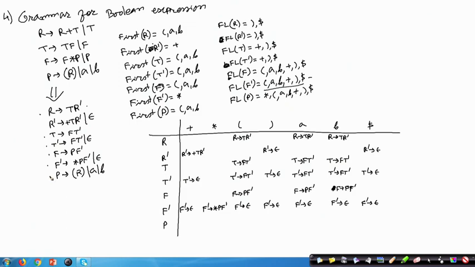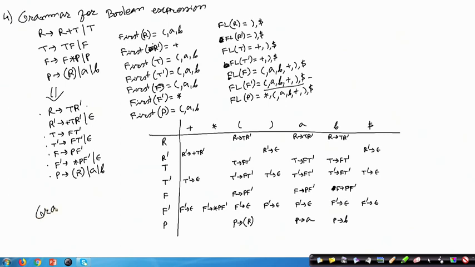Now, come to this rule, P producing within bracket R. Under open parenthesis I have to add the rule P producing within bracket R. Then coming to the second rule I have to add P producing A, and coming to the third rule I have to put P producing B at this point. So, this is the construction of the predictive parsing table, the LL1 parsing table, and here also you see that there is no duplicate definition, and since there is no duplicate definition, we can say that the grammar is LL1.